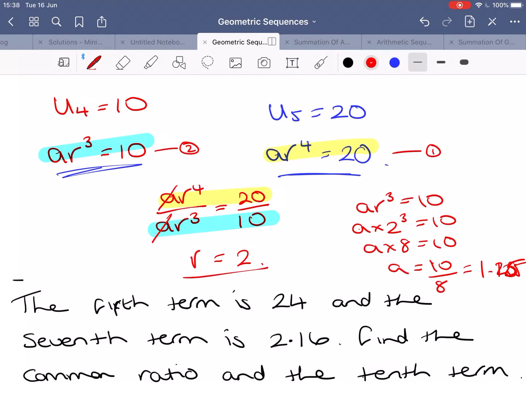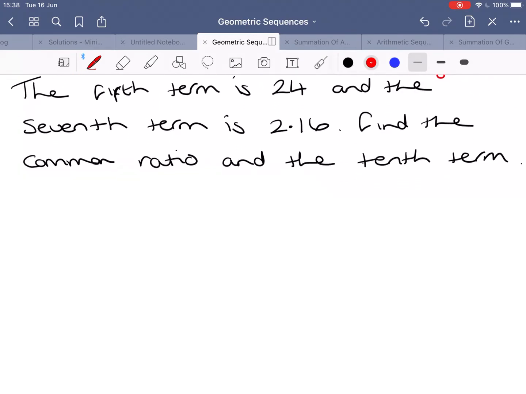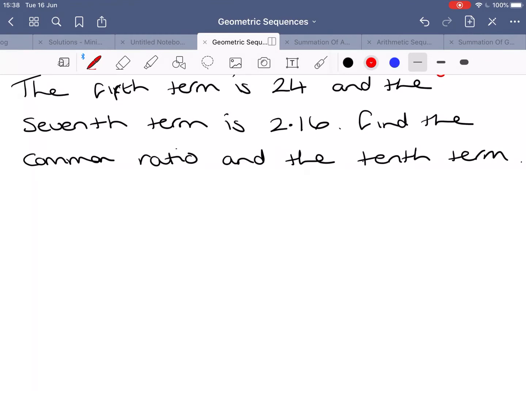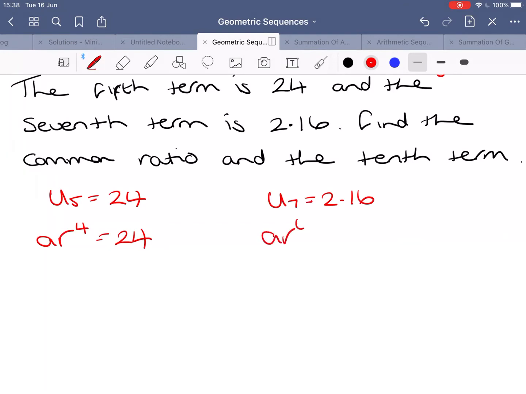So again, you can solve these things simultaneously. So let's have a look at a slightly different one. The 5th term is 24 and the 7th term is 2.16. So again, we say U5 equals 24. So that's AR to the power 4 equals 24, because remember, the formula is AR to the power n minus 1. U7 is 2.16. So AR to the power 6 is